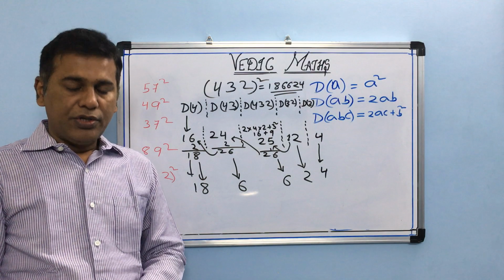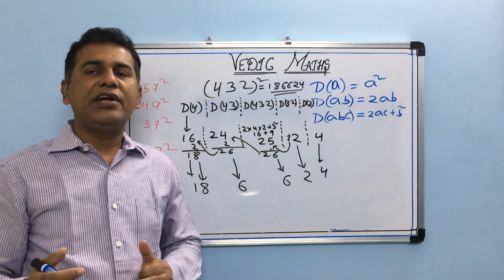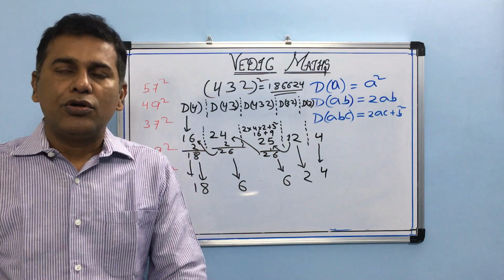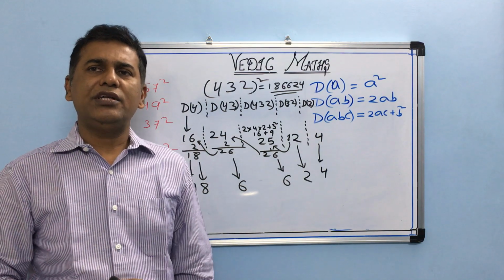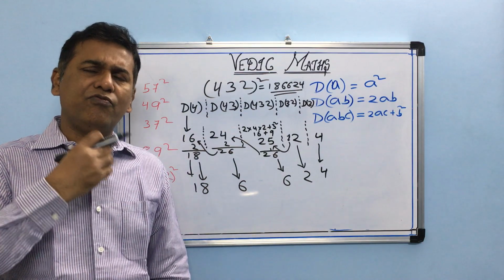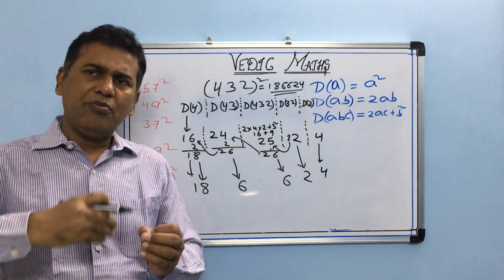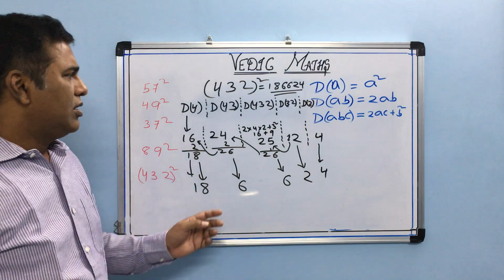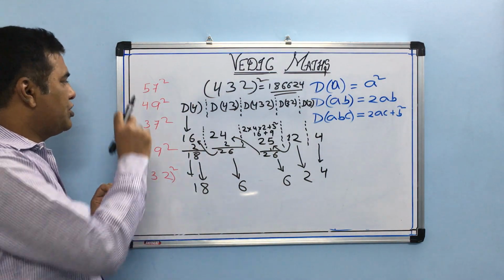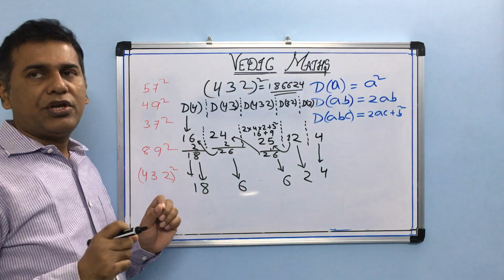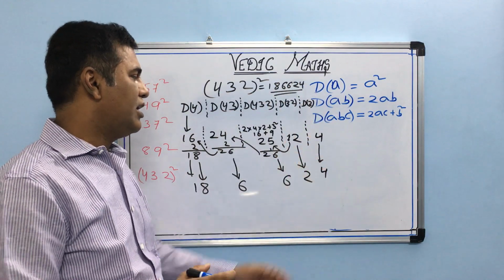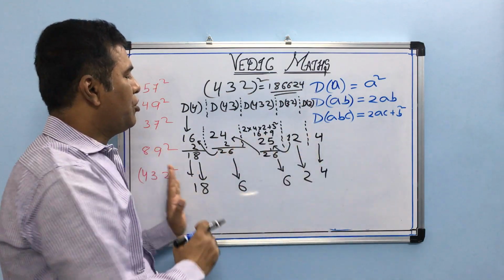Okay, so I hope today you are clear about finding the square of a 2-digit number and finding the square of a 3-digit number. Do practice, and you will see that your mathematical skill will improve many fold, more than you can imagine. Okay, so today in our class we learned these two concepts. One is the square of a 2-digit number and the square of a 3-digit number, and this is known as the duplex method. And by finding the duplex and then going on adding from right to left, you will get the answer.